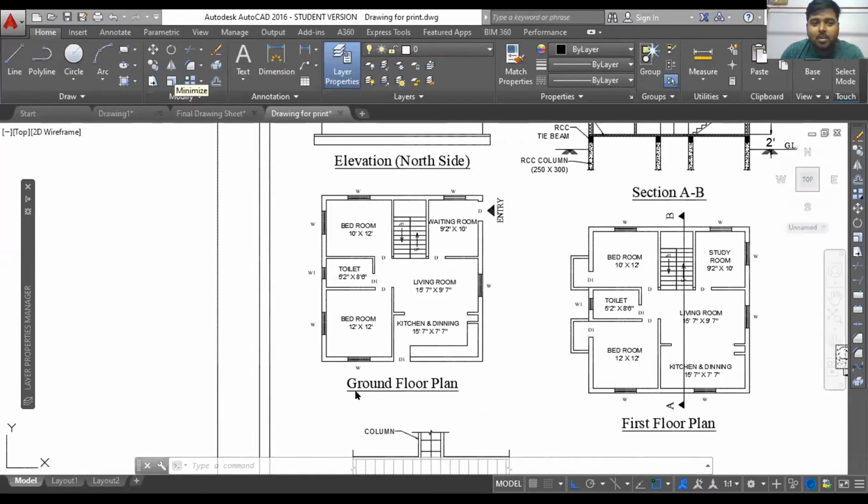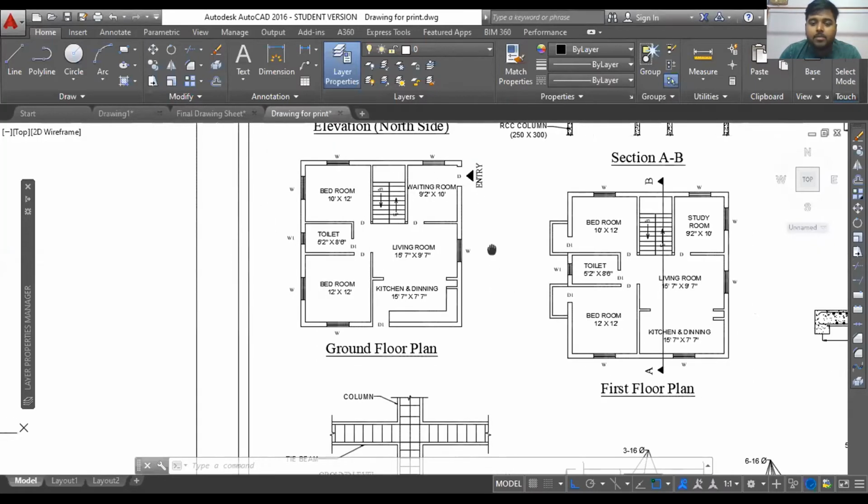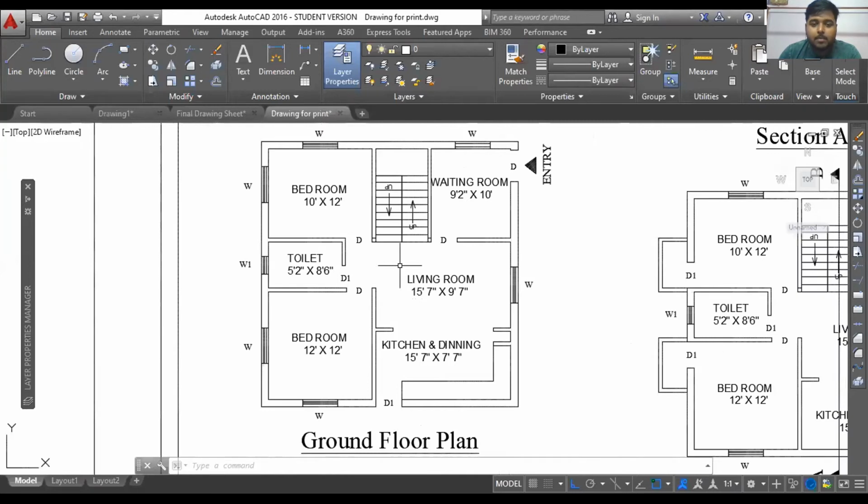So are you doing it knowingly, or out of curiosity, or did you already feel that everything should be done in a separate layer? If you have already learned AutoCAD, maybe in classes you were also told this, but many times they skip this part because they basically focus in AutoCAD trainings or drafting classes on how they can come through all the commands and all these options and features available in AutoCAD.